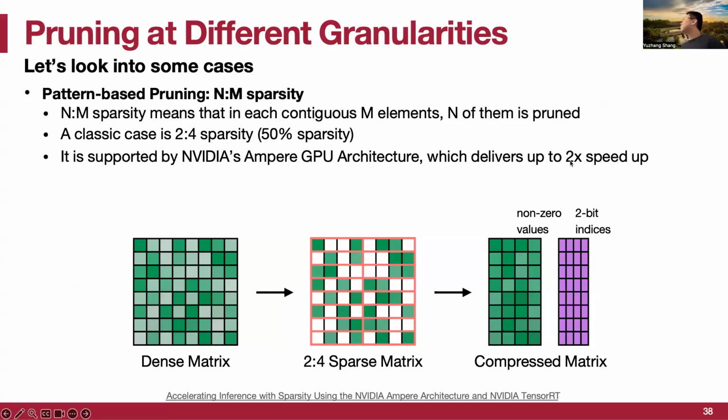And because NVIDIA has those devices, they also have CUDA that can support this kind of sparse data format. So it can deliver up to two times speedup using this 50 percent sparse data format. I think it's the most widely accepted pattern-based pruning kernel, right? The most important thing is that NVIDIA realizes this in hardware and